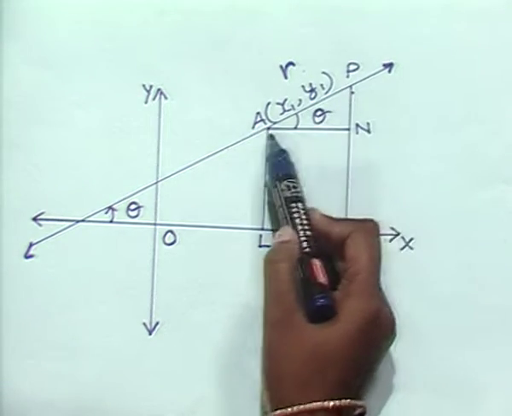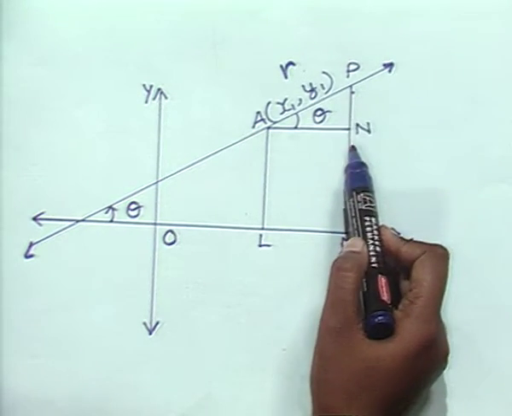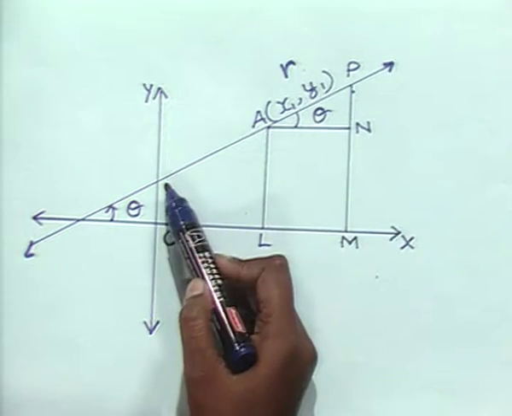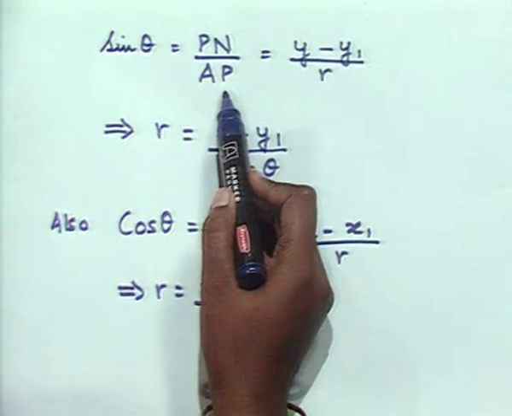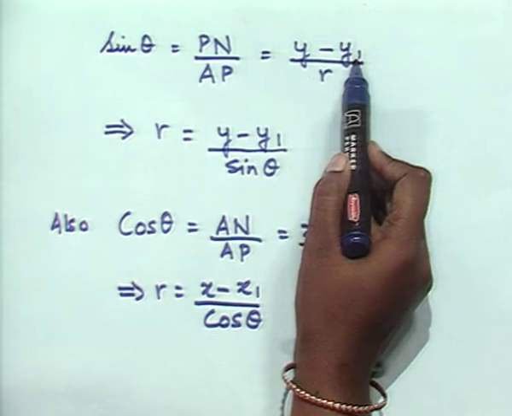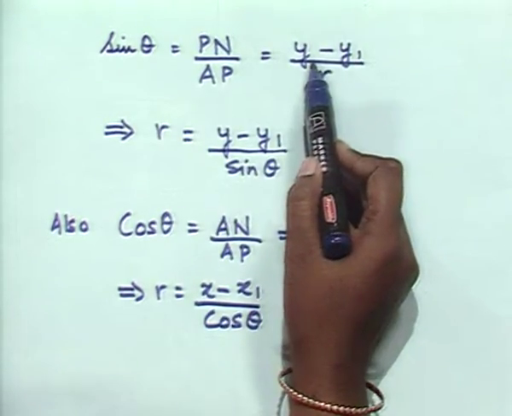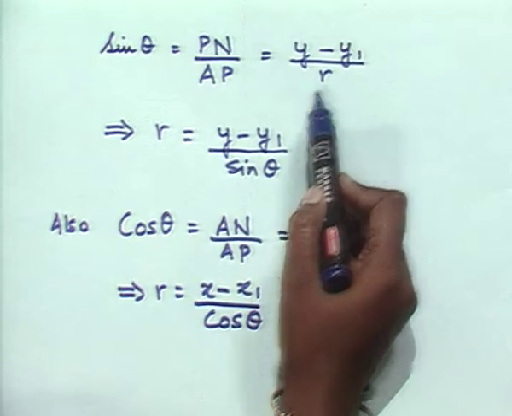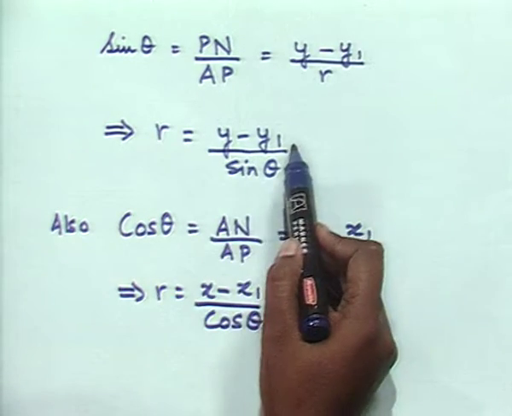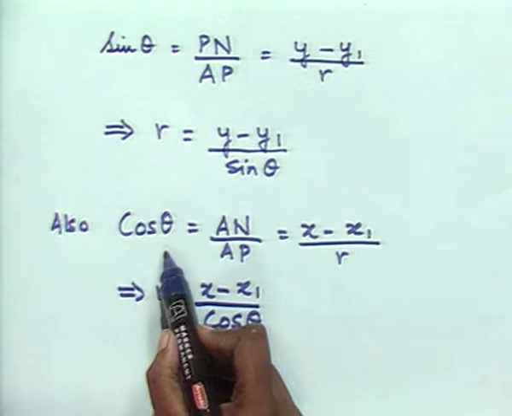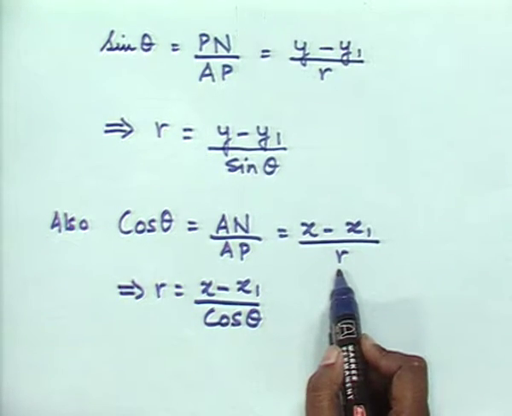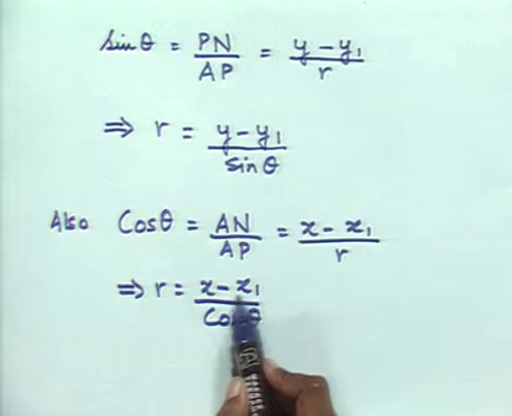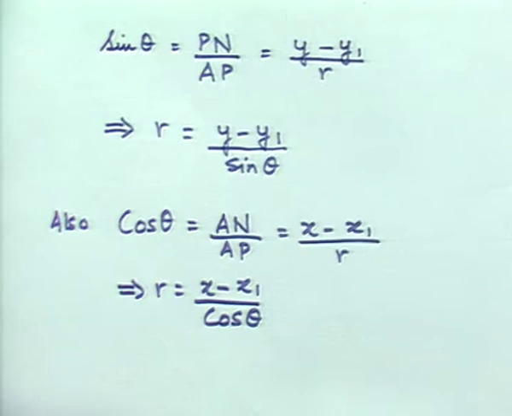Then in triangle PAN, we have PN upon AP is sin theta and AN upon AP is cos theta. So here we have sin theta is PN upon AP, but PN is y minus y1 and AP is R. So we have sin theta is equal to y minus y1 upon R. This implies R is equal to y minus y1 upon sin theta. Also cos theta is equal to AN upon AP, which is equal to x minus x1 upon R. This implies R is equal to x minus x1 upon cos theta, and thus we have